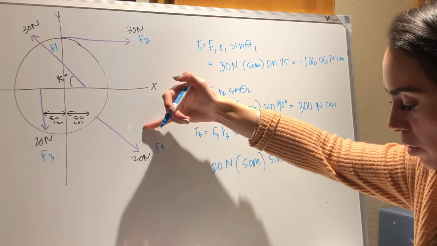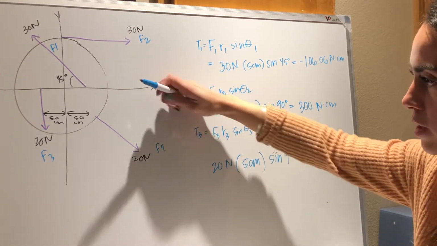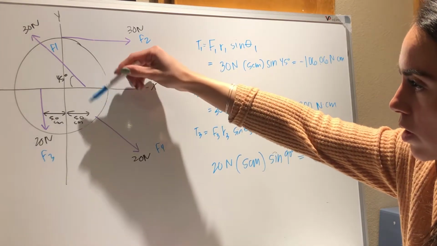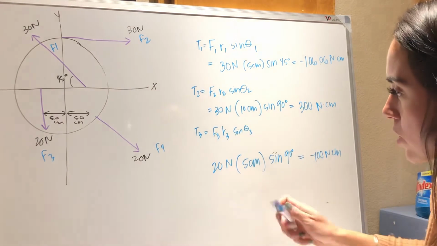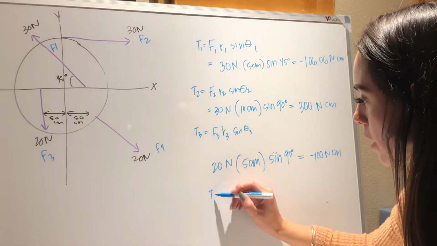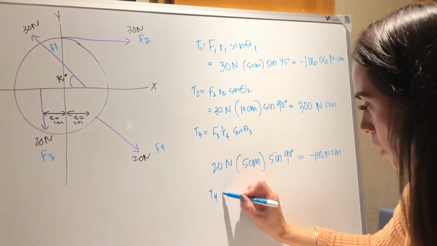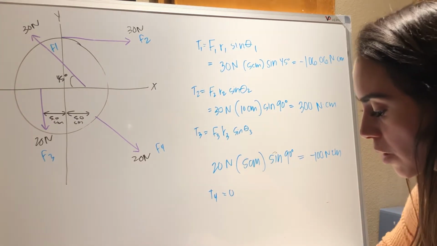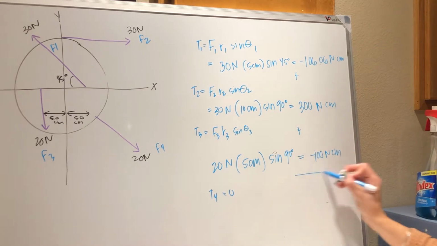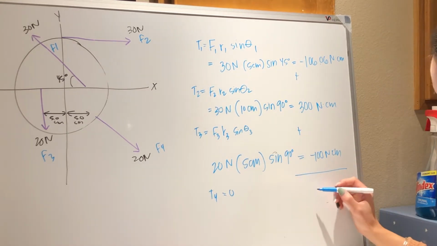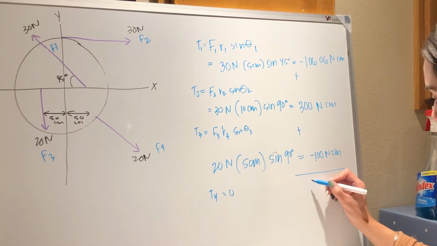So then for this fourth one, it's actually equal to 0 because the distance on this is 0. There's not, like, none of it is in this part. So T4 equals 0. So now we just add all of these up. So I'm just going to add these up right here. And that is actually going to be equal to